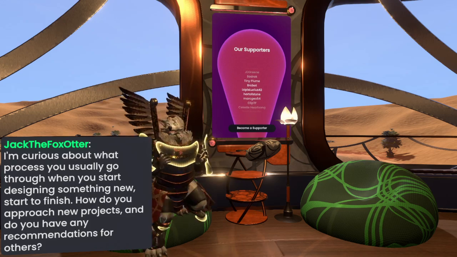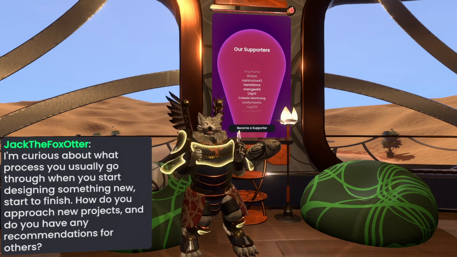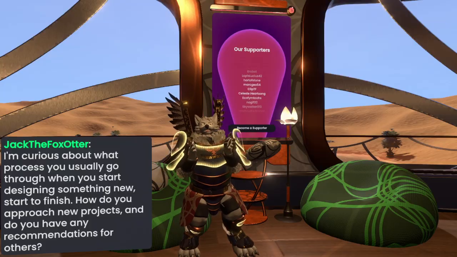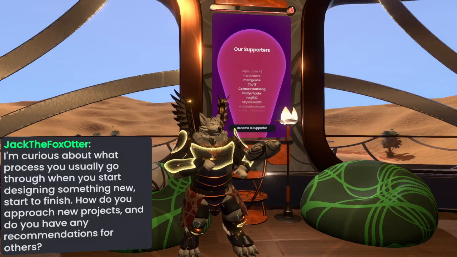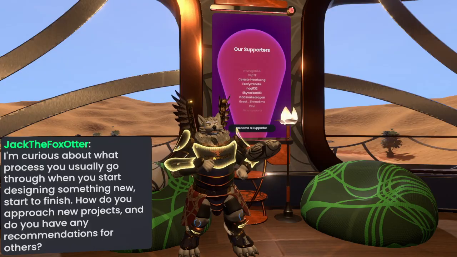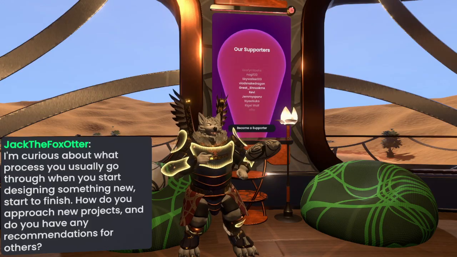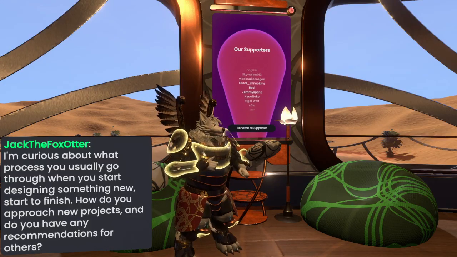Things like that. And then you've got stuff like your menus, like the dashboard or the radio menu or even this camera that is here. Things like that are in their own category of interactions.